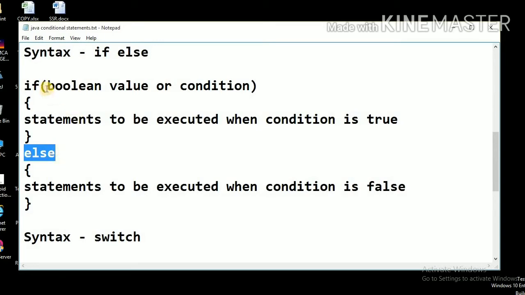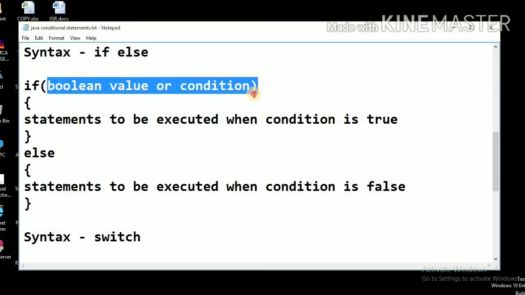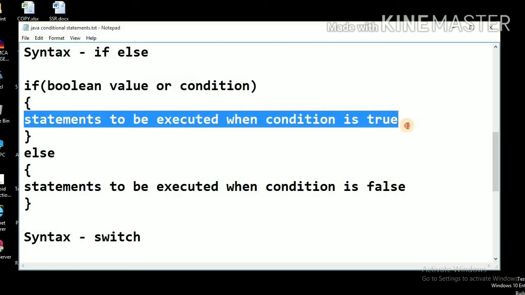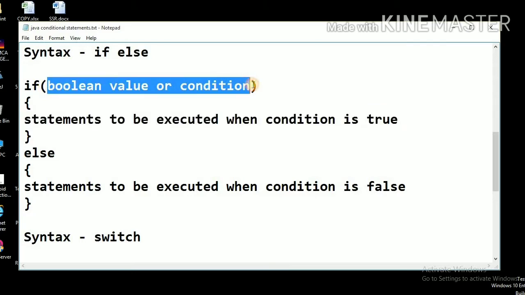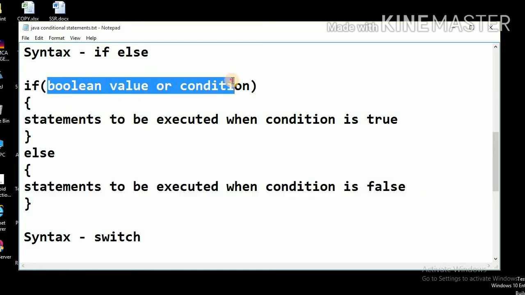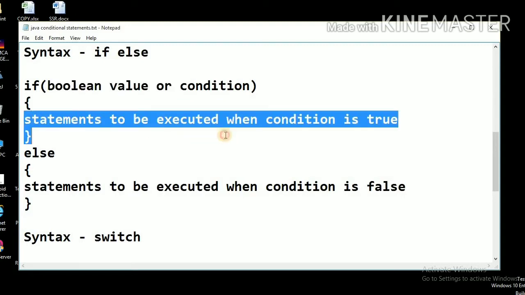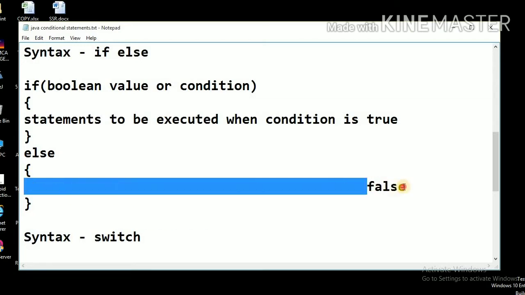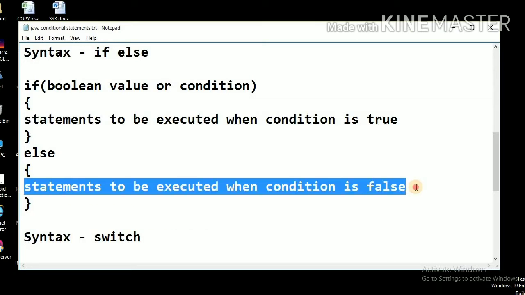If the condition is true, then the block within the if is executed, and if the condition is false, then the block with else is executed.